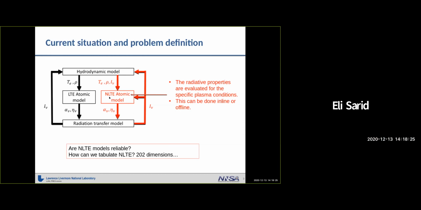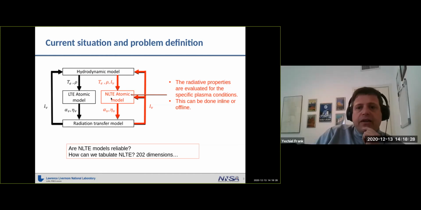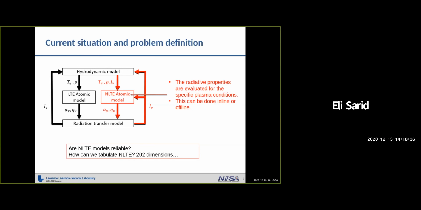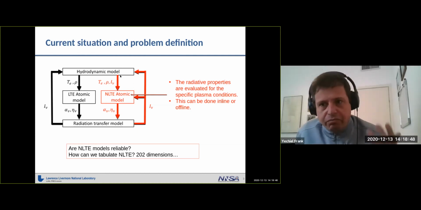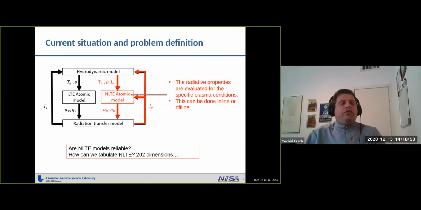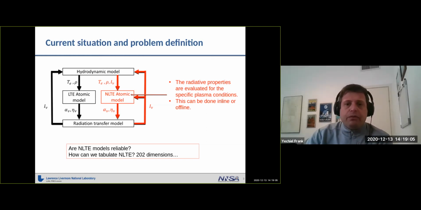We would have loved to do the same thing for the non-LTE atomic model, but that, of course, is not really possible, because the radiation field in a hydrodynamic model, let's say in a simulation like I just showed before, is characterized by about 200 parameters, so 200 radiation groups. That will give us an almost infinite number of table points if we want to tabulate the entire thing. So the mission I set up to try to solve here is: how do we take the 200 dimensions and reduce them into something which is manageable?